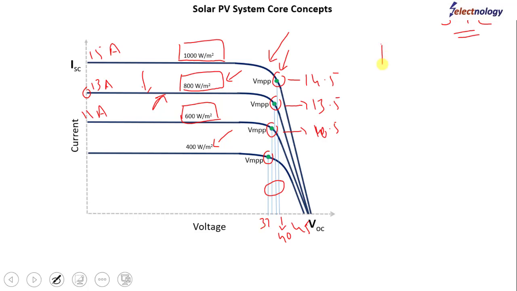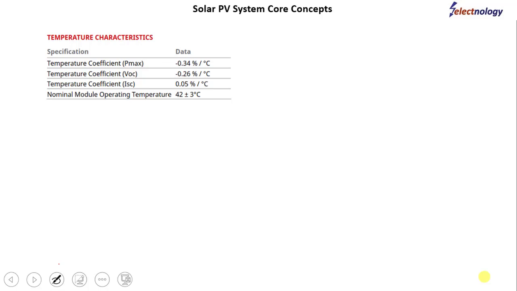And this can be related to the power also, V into I, okay? Because the voltage is not changing much, however I is changing, so the power is changing. When I reduces, the power reduces. So this comes to the conclusion that the power being supplied by the PV module will reduce when the sun energy reduces. Now, before I conclude this presentation or session, one more thing I would like to add here is